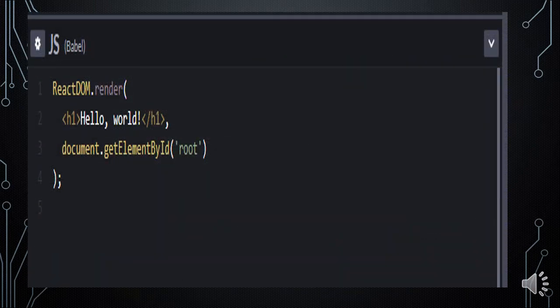As I told you, it is a render method. Render means publish what you want to publish on your page. So there is h1 JSX. If you are not familiar with JSX, I will explain in further videos. So here is a simple code: an h1 tag with Hello World. Whatever you want to write, Hello World, Hello ABC, you can write it here and it will be published. And there is document.getElementById. Get element by ID means it gets the element by the ID. You give the ID root, and that's why we have to write root here.